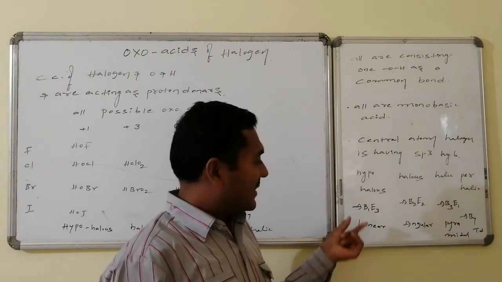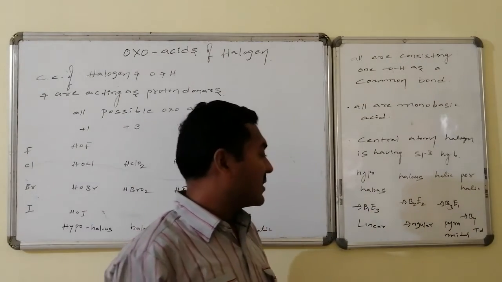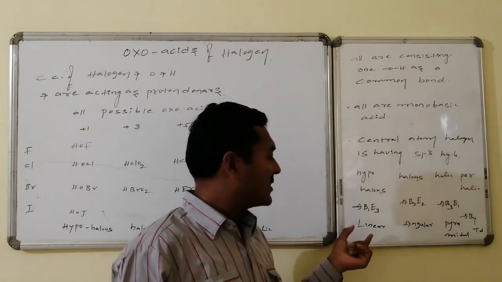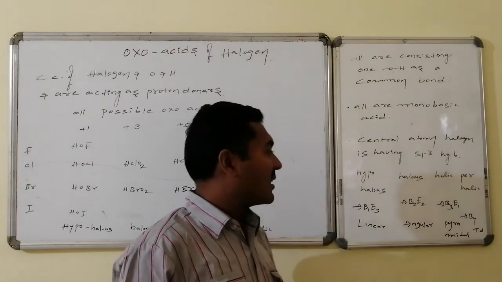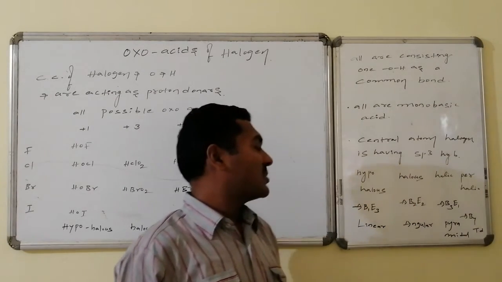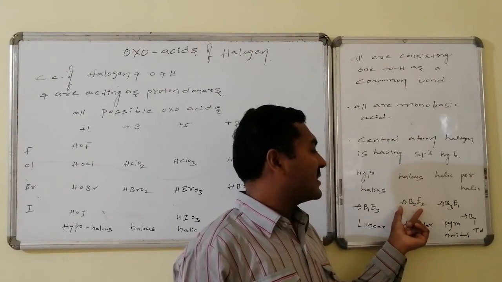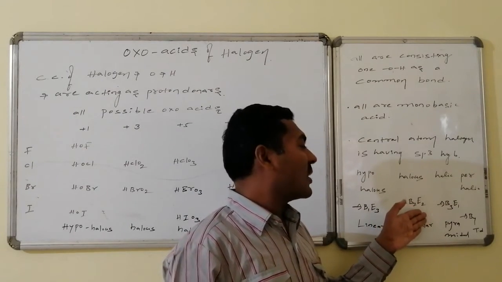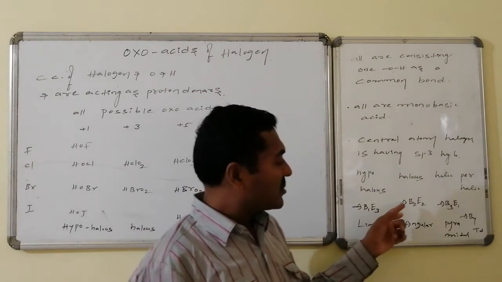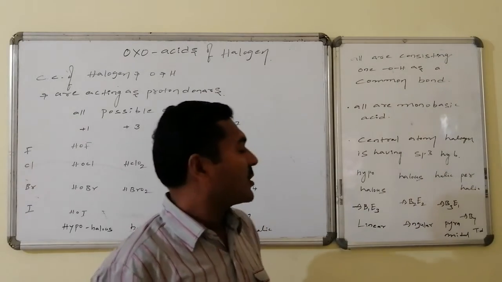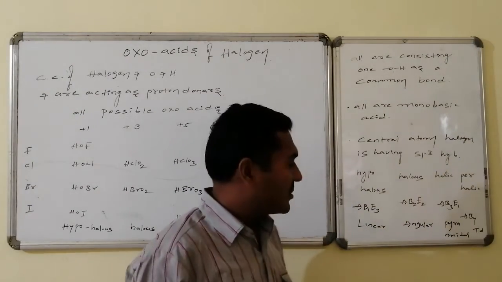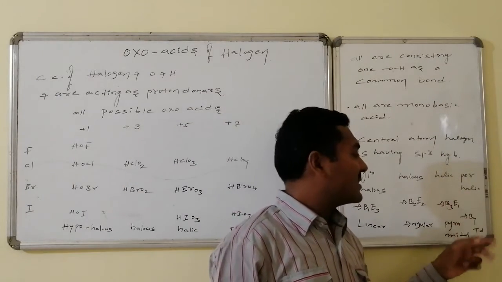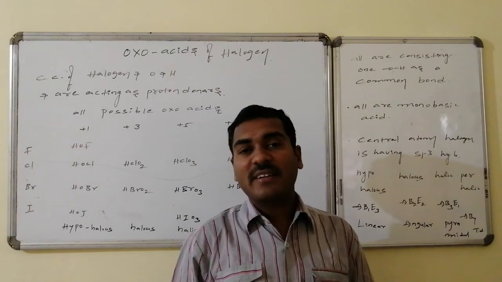Hence it belongs to the category of AB1E3 type, having a linear structure, that is the connectivity of halogen and oxygen. A single bond is there, hence it is linear. If it is halous, halous implies HClO2 type of substances. Here 2 sigma bond connectivities are there and another one pi bond. So a total of 3 are used, and the remaining 4 are present in the form of 2 lone pairs. Hence it belongs to the AB2E2 category and is angular in shape. Similarly, halic acid is AB3E1 type, pyramidal, whereas perhalic acids are AB4, that is, tetrahedral geometry is associated.